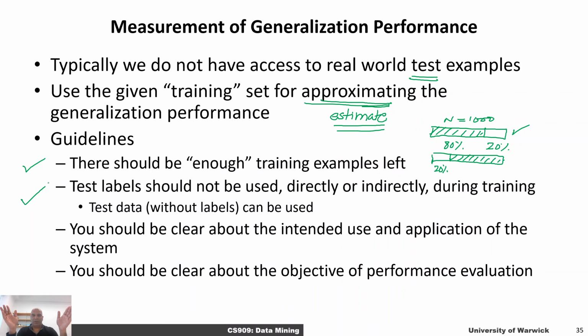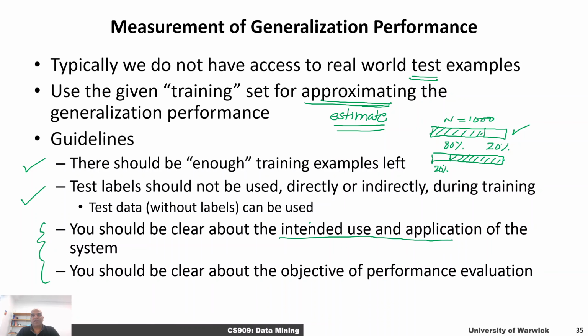So if you've got a test set, what I want you to think of is you don't even have it, you can't even look at it. Just use the training set to train the classifier, and you can use the validation set's labels to evaluate or estimate the performance of your classifier. And if you have access to another test set, you can use that to get a more reliable estimate. But what's more important is that you should always be clear about the intended use